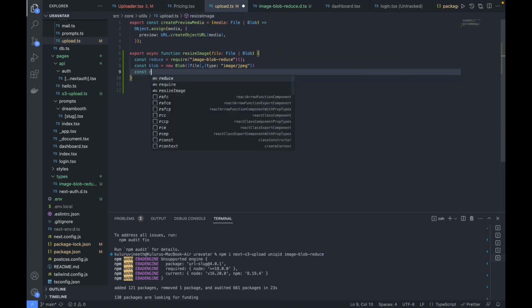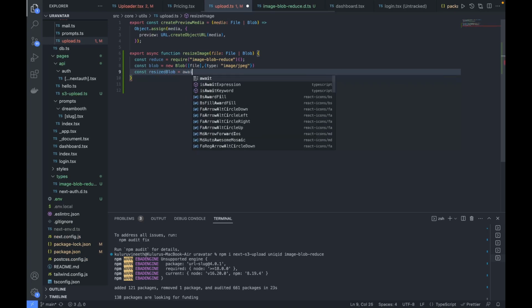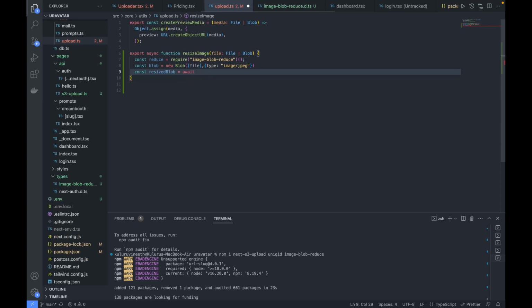Fine, and then here we will store the resized blob in the variable resizedBlob, and here we will call the reduce.toBlob function